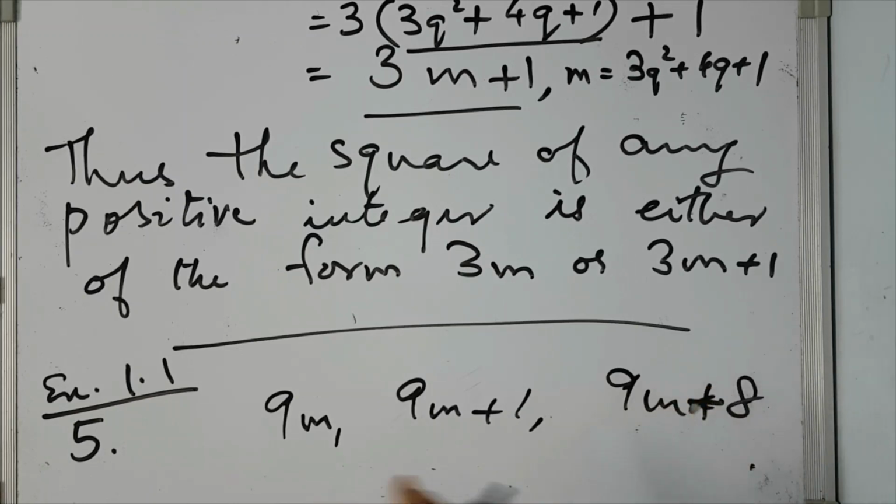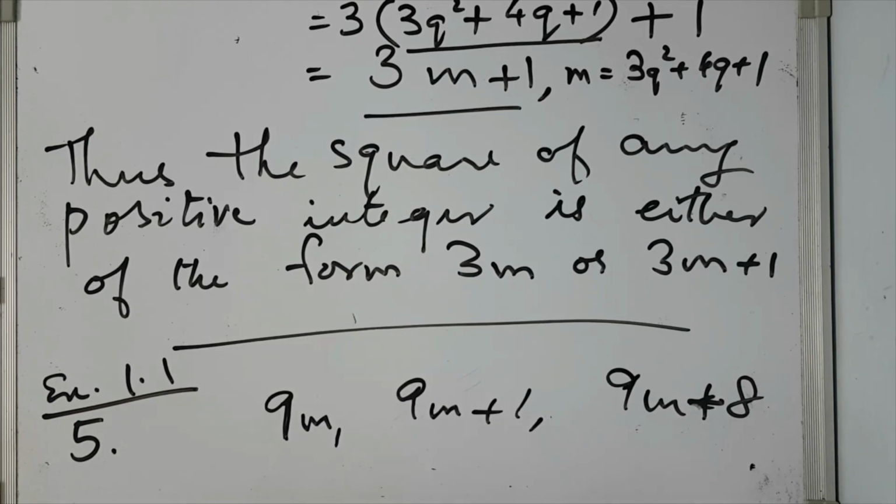I told you, if it is 4m we'll take b as 4, if it is 6m we'll take b as 6, if it is 3m we'll take it as 3. Now it is 9m, so we have to take b as 9 and r will be 0, 1, 2, 3, 4, 5, 6, 7, 8. So all these cases we have to consider, but